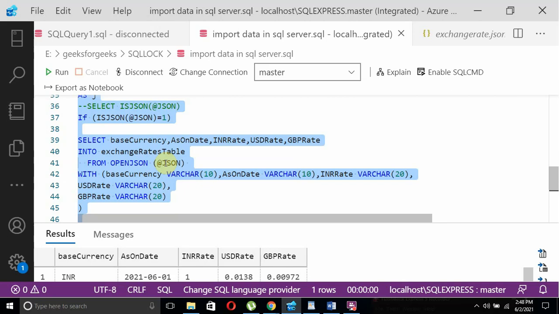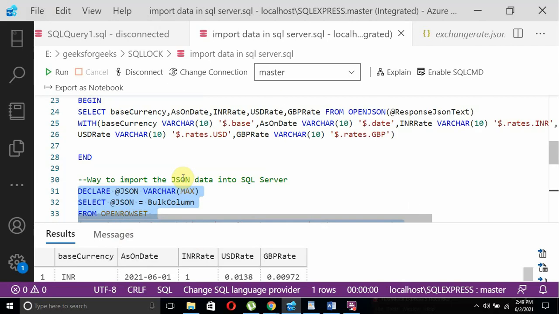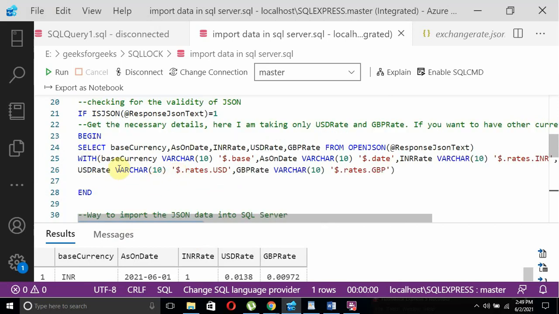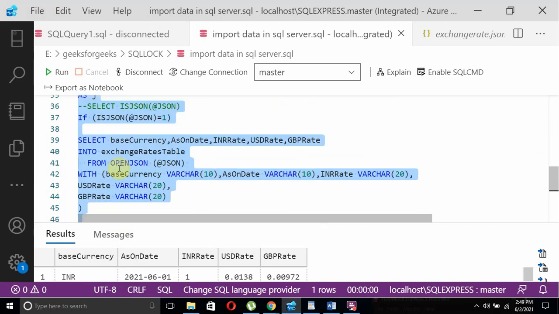So we just need to understand JSON, and why JSON is very popular: JSON format is useful for storing and retrieving data. In SQL Server, we have several methods like ISJSON to find the validity of the JSON, and OPENJSON, and with OPENJSON how we can display the data or store it into the SQL Server table.